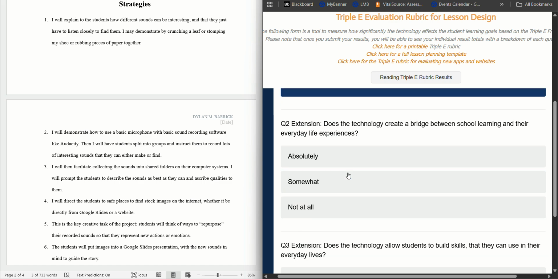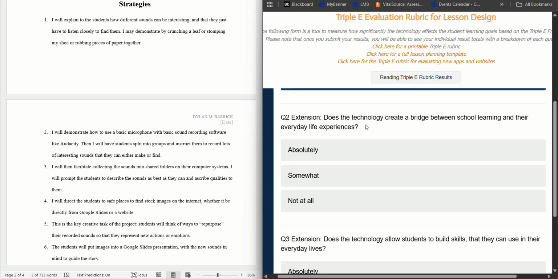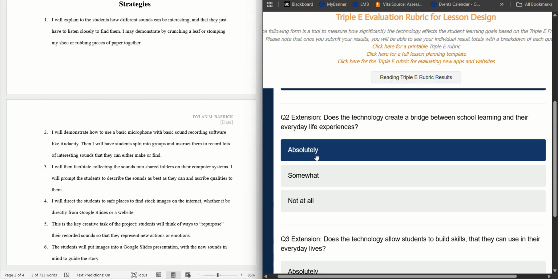For the second extension question, Q2 extension, does technology create a bridge between school learning and their everyday life experiences? I would say absolutely, because we are connecting real life sounds to the school learning of what makes a sound have certain qualities and what makes a sound and how we describe sounds to each other. This communication is what we're focused on, and the repurposing of it with sounds that we create ourselves